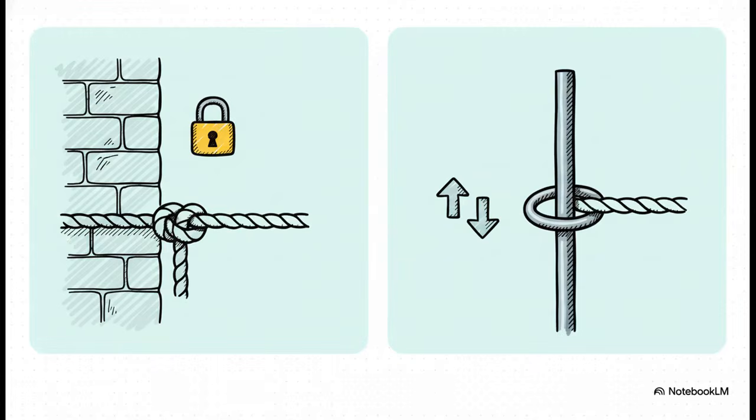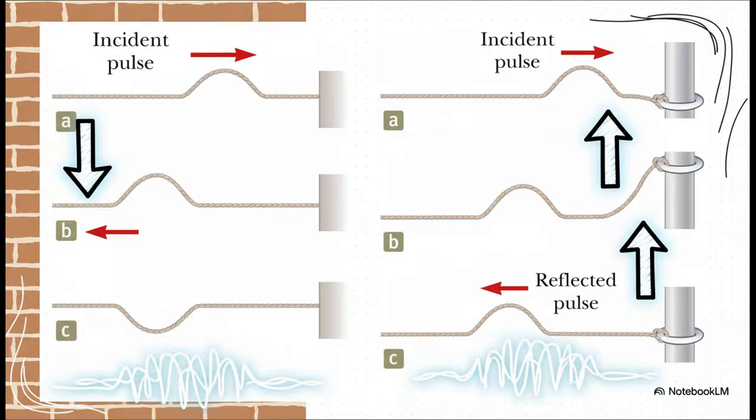But the journey isn't over. What happens when that pulse hits the end of the string? It doesn't just vanish into thin air. Nope, it hits that boundary and has to do something. And what it does, well, that all depends on how the string is tied off. Is it a fixed end or a free end? And check this out. With a fixed end, the wave reflects back, but it flips upside down. It gets inverted. But with a free end, where it can slide, it reflects right side up.